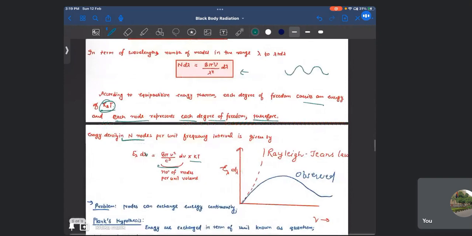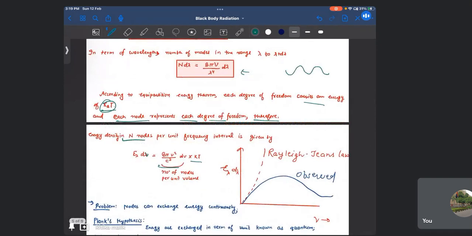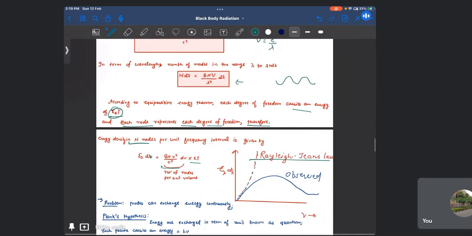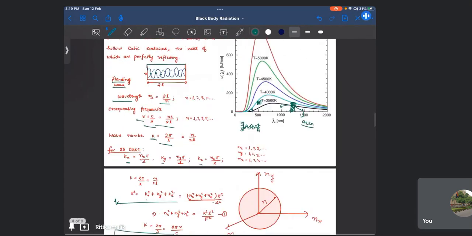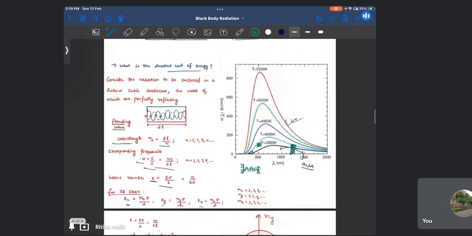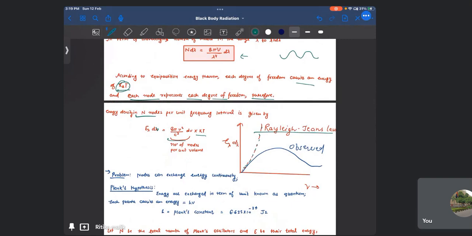And if we plot this against ν, this is the kind of expression we will get. This is known as the Rayleigh-Jeans law, and it shows how, as a function of frequency, we are getting more and more energy. But as you can see, it is not matching with what is observed in the experiment. It is just an approximation of it. So to correct this observation,